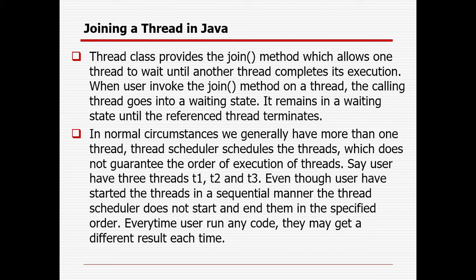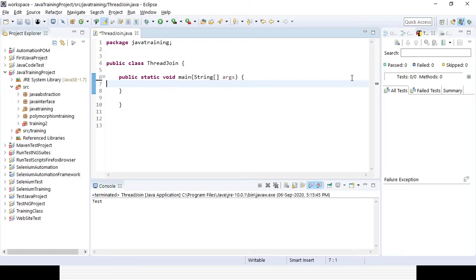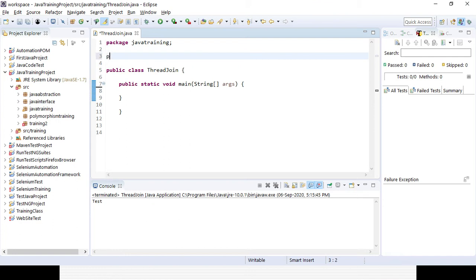Here I will show you the implementation of joining of threads. You need to create another class, suppose TestThreadJoin. That is the class I am creating, which will be extending the Thread class.